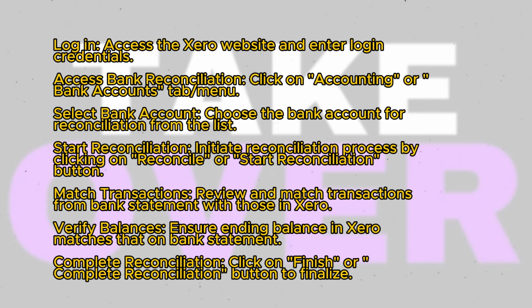Step 5 is to match transactions and verify balances. Xero will display a list of transactions from your bank account statement that need to be matched with the corresponding transactions in Xero. Review each transaction on the bank account statement and compare it to the transactions in Xero. For each transaction, you can either select a matching transaction in Xero or create a new one if it doesn't